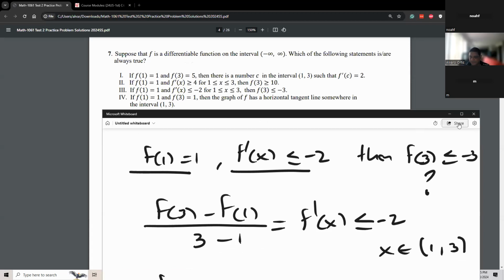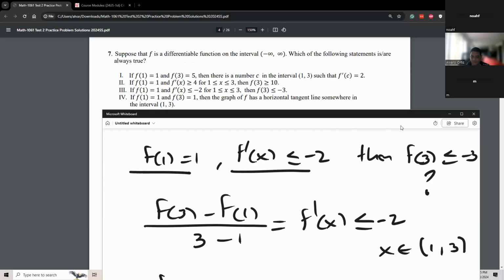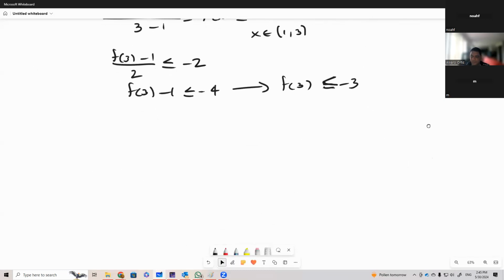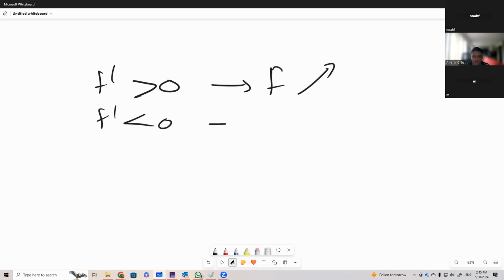Does that make sense? Yeah, and then the last question I had was for graphs, increasing and decreasing using a function. You don't have to take the second derivative to determine whether it's increasing or decreasing. That's just specifically for concave down, concave up. Yeah, so the first derivative tells you if it's increasing or decreasing. First derivative positive implies f increases. First derivative negative implies f decreases.